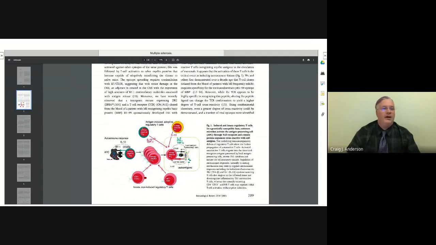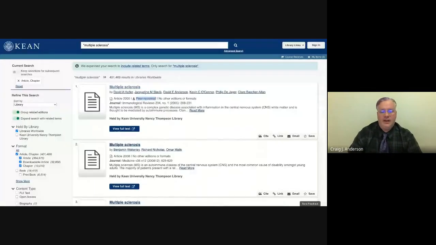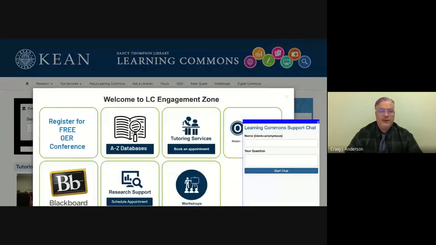So, okay, so that's the WorldCat catalog. That's the quickest and easiest way to find, especially to find books, but also to find a certain number of articles. However, what I'm going to do at this point is I'm going to go back to the Learning Commons